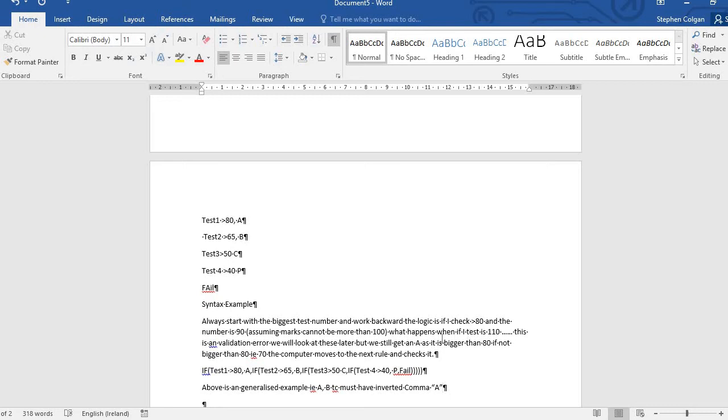Basically, we can put in a validation rule that'll say, hang on, you've made a mistake if you put in a number bigger than that. But we're not dealing with that at the moment. So there's a quick example of the syntax. Remember, this is a generalized example, so I've made a couple of mistakes. The words like this should have inverted commas if this was a real formula being entered into Excel. And then test 1 would be replaced obviously with something like B3 or thereabouts. But again, this is really just used as a demonstration to try